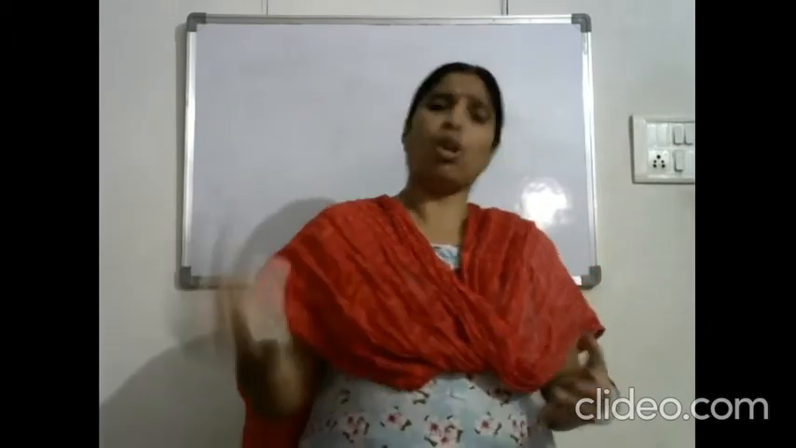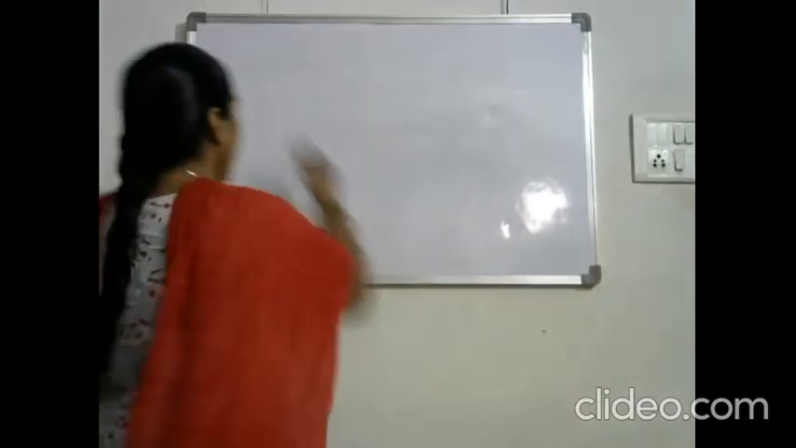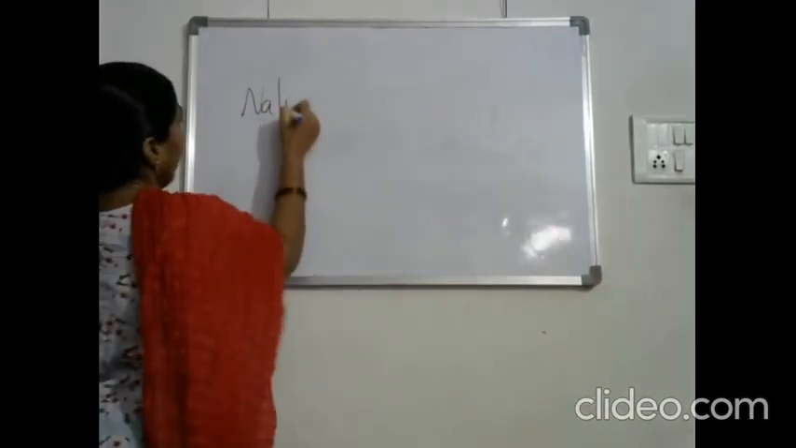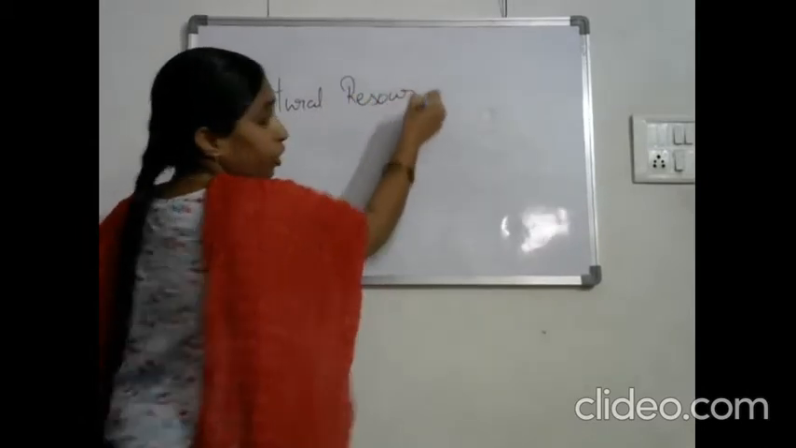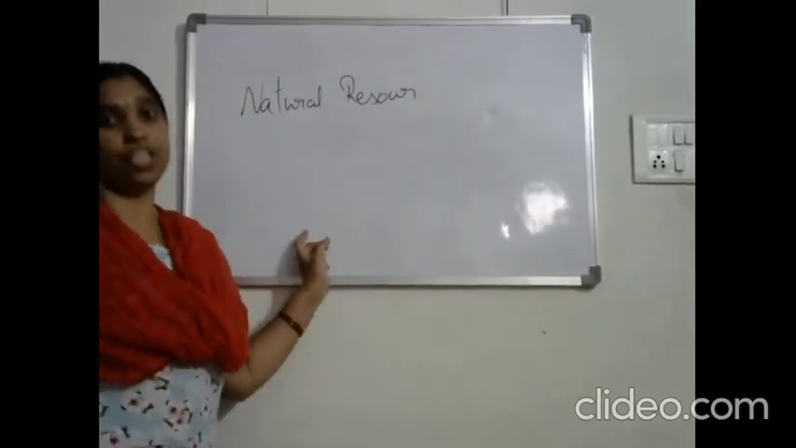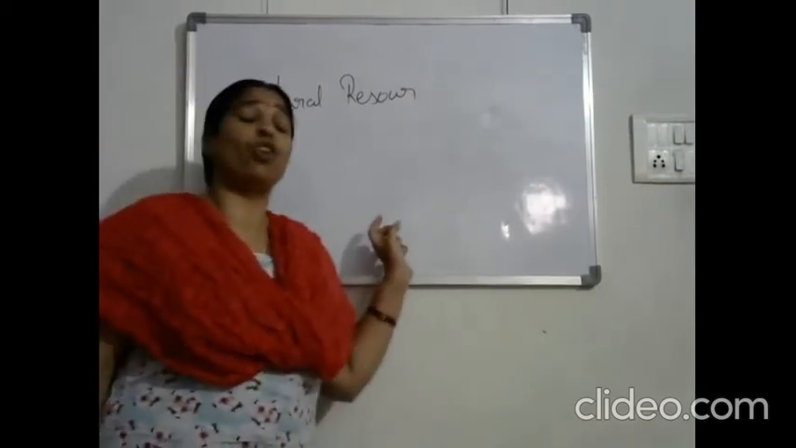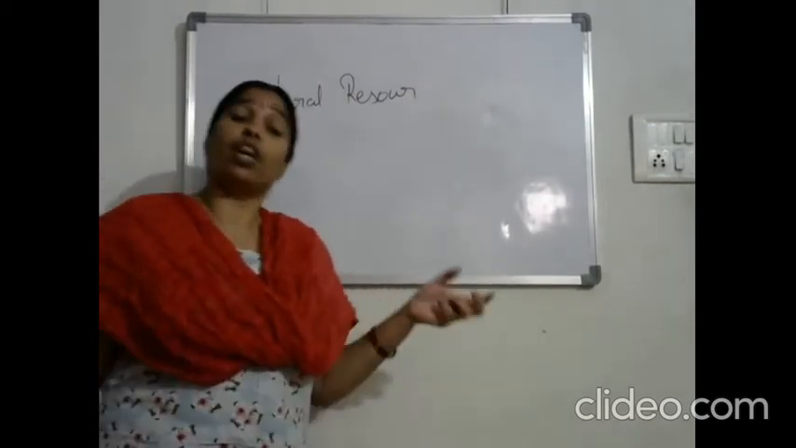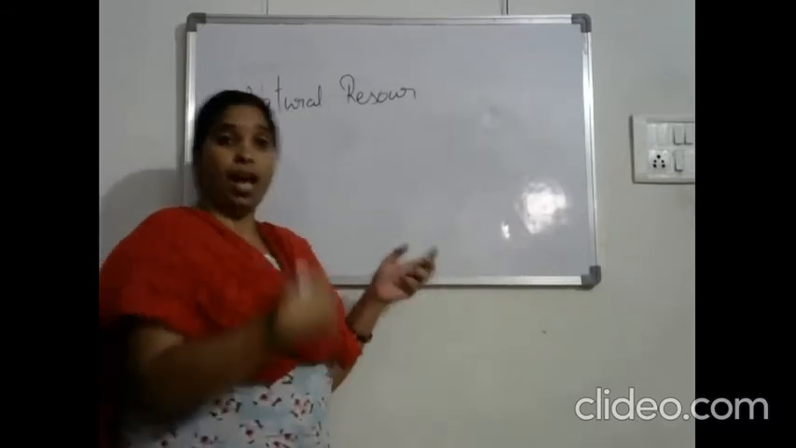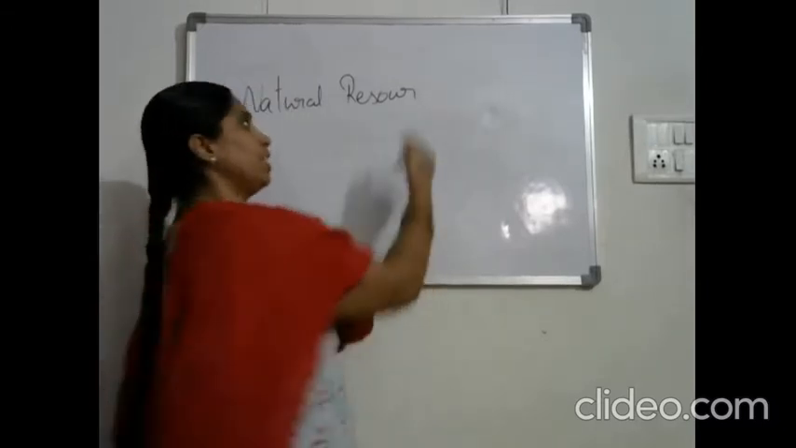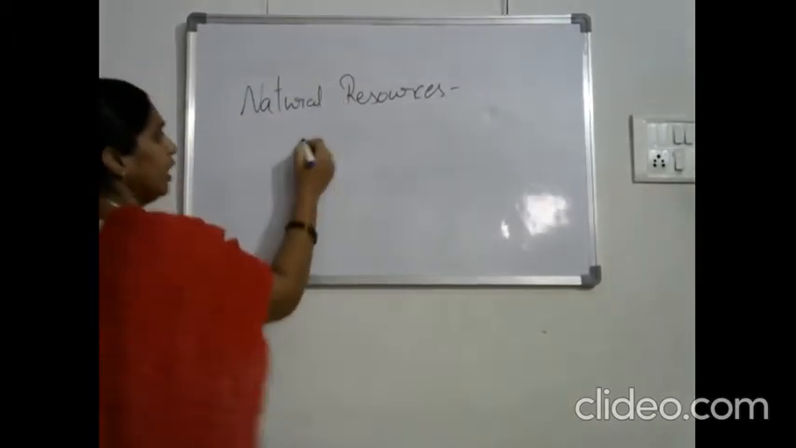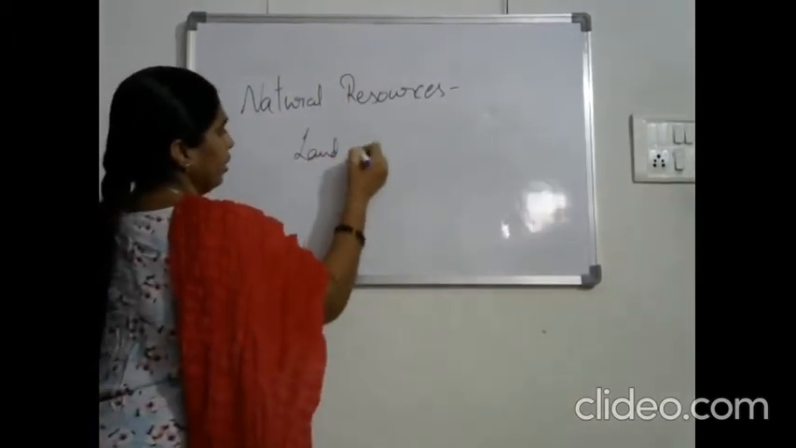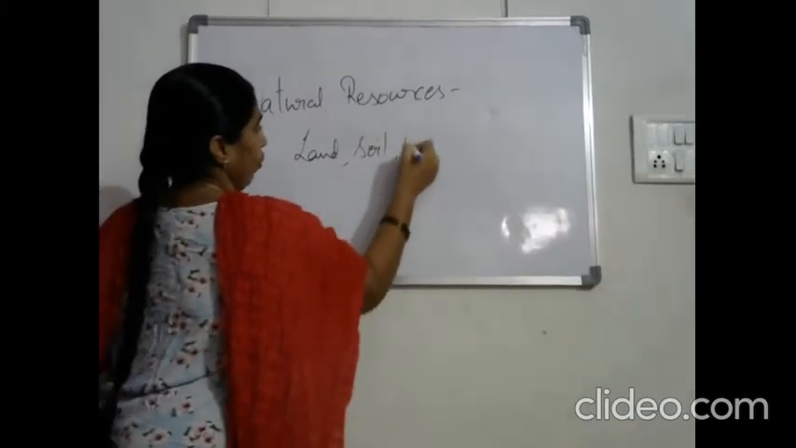We have lots of resources available on the earth. The most important are natural resources. What are natural resources? Natural resources are those which are available from nature directly, for which we do not need any other's help. Natural resources are like land, soil, water,